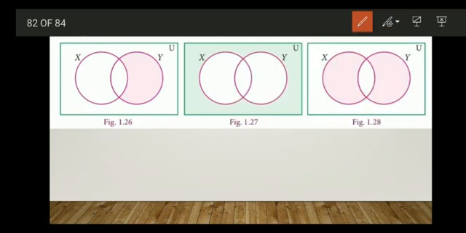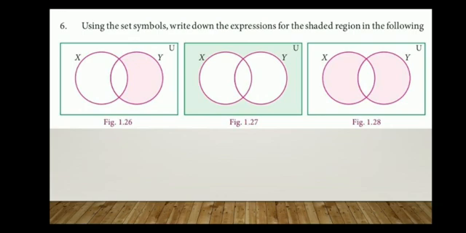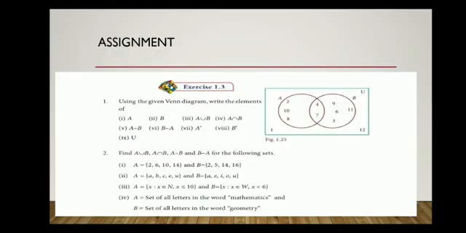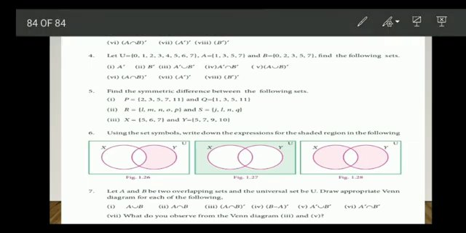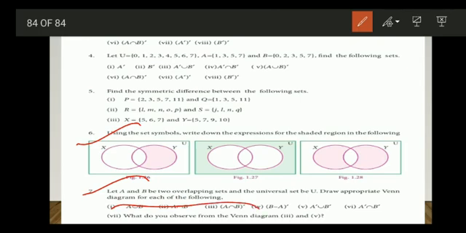Okay. I hope you all understood these things and try to answer the assignment question. The assignment is from exercise 1.3. So just try to recall what complement, union, intersection, difference and symmetric difference are. Then try to answer these questions. This is very easy to answer and very fun to solve. And the sixth one I have done. The remaining ones are very easy, you can do them. See the seventh one, you have to draw the Venn diagram of these things. So try to do this. Thank you, we'll meet in the next video.